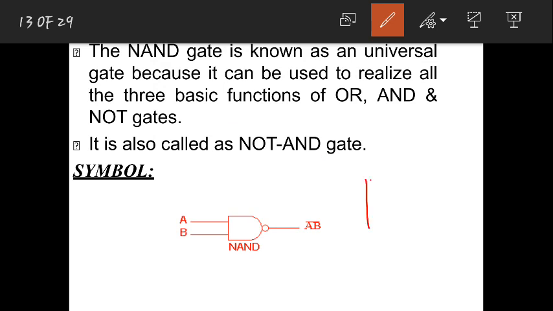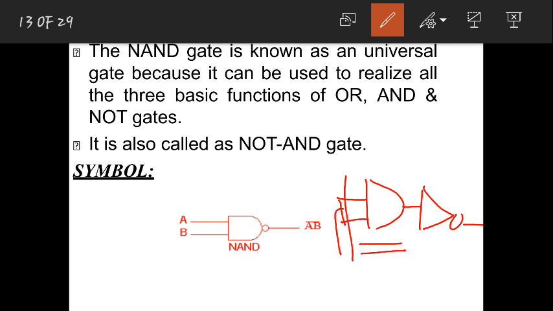AND gate is this. Just by applying a NOT gate in front of this, you will get a NAND gate. And if you make these two terminals a single terminal, then this is also called a NOT gate. This complete is called a NOT gate. If you short these two terminals and get an output here, this is called a NOT gate. We have just discussed, instead of AND here if you take OR, that will become a NOT gate using OR. This is called a NOT gate using AND.